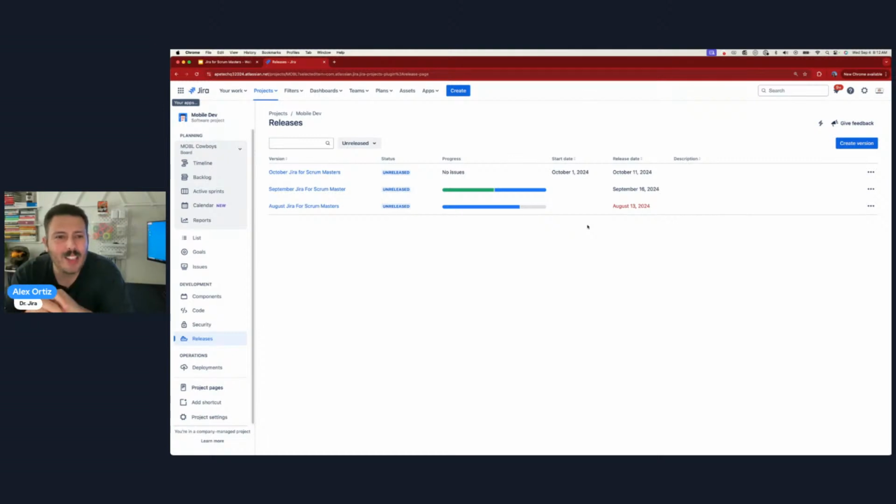This is a company managed functionality, and one of my favorite functionalities of Jira. So make sure you're in a company managed project if you want to be able to do these milestones and vertical lines in the sand. Number two,